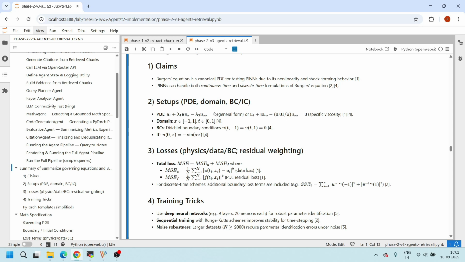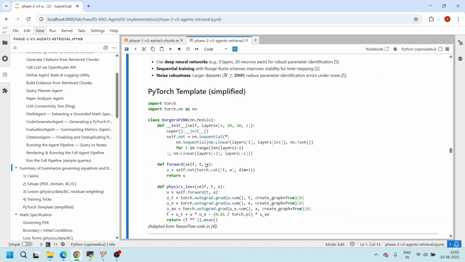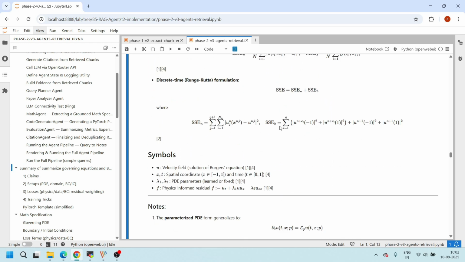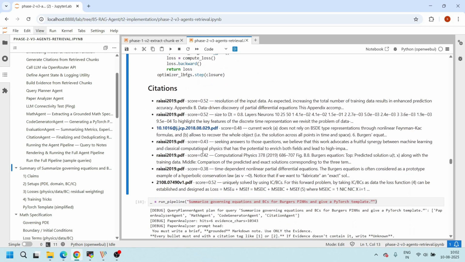Also, it used its internal knowledge and generated this general form. Likewise, these are some of the losses. So it's not like it generates only the things that were available in the research papers. It uses the information as context. Sometimes it generates as it is, and sometimes it uses its own knowledge that this LLM has. So you will get this final response like this. And here, these are all the main equations that were available, and these equations you can code in this format. So this is the kind of information that you can get from this